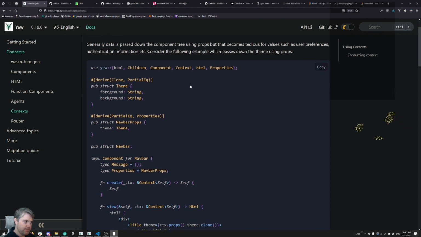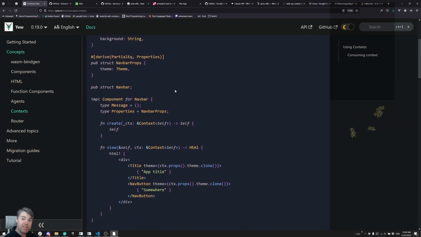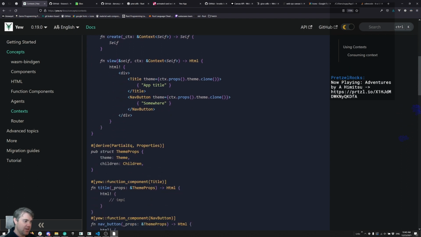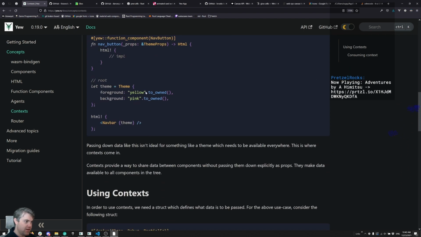Okay. Now, one thing is I know I can use glue to grab this from the URL bar, the location bar. But if Yew has something to give it to me, then that would obviously be the best. So context. Yeah, okay, so props would be better, but